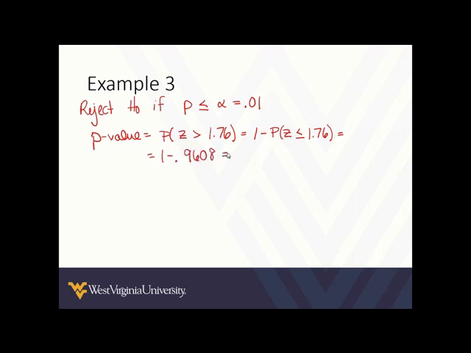And so this is going to give us a p-value of 0.0392, which in this case means our p-value is greater than alpha. So therefore, we must fail to reject the null hypothesis. And so we will say that at the 1% significance level,